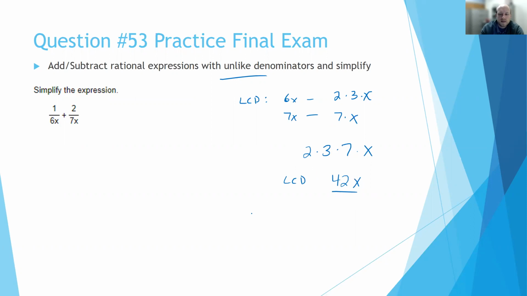Okay. If you had a 6x and a 7x squared, your LCD would be 42x squared because you need that x squared in there. Okay, if you had 10x squared y and a 25x cubed